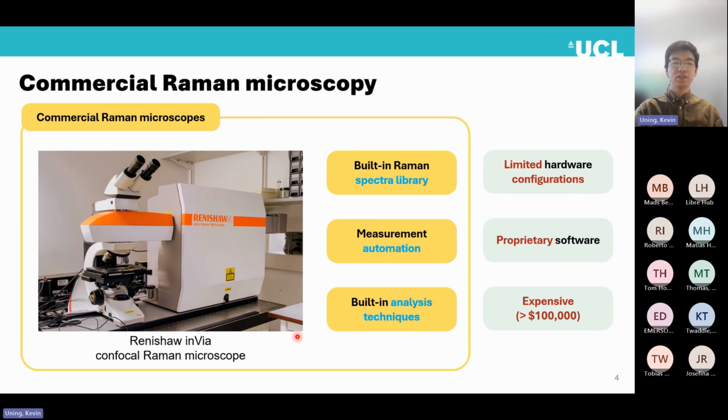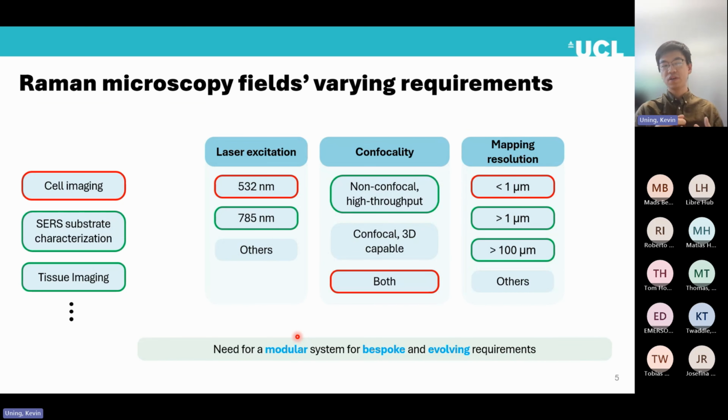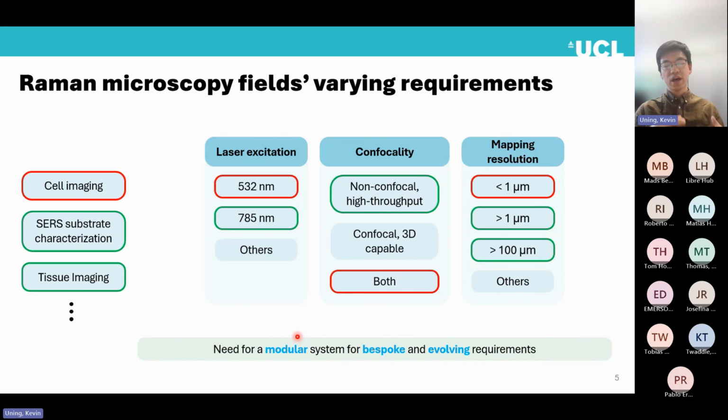And this is because depending on the applications that we have, the kind of Raman microscope that one would need might differ. For example, if someone's interested in specific cell imaging, this specific application might require laser excitation of 532 nanometer, a certain degree of confocality, and some mapping resolution of, let's say, less